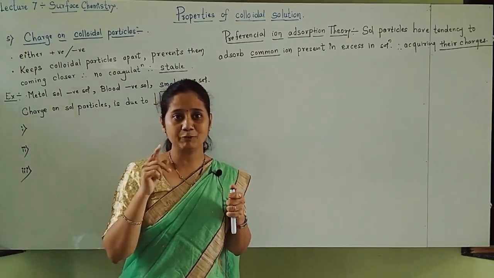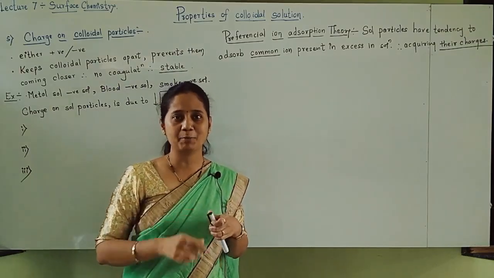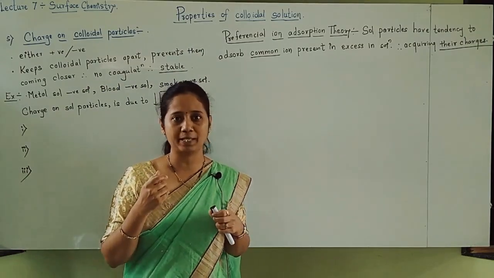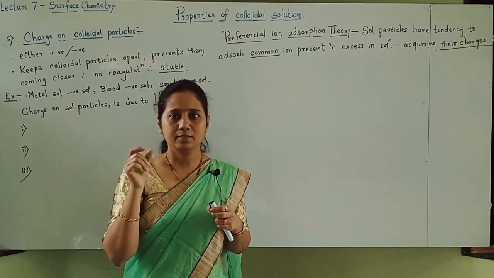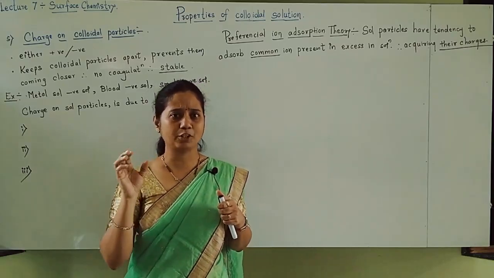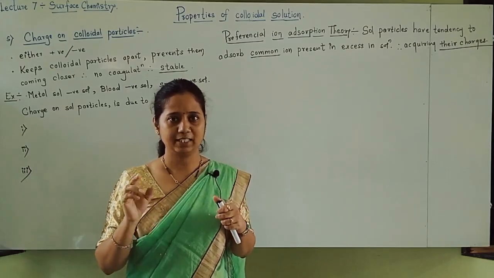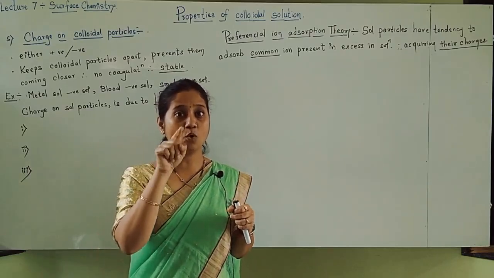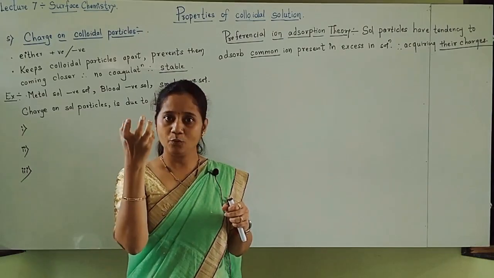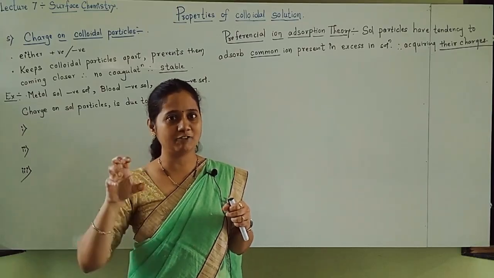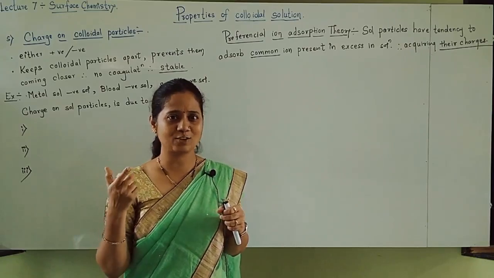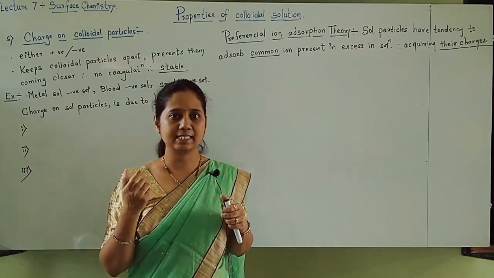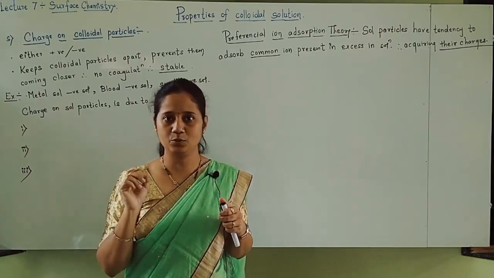Okay students, one more example we have discussed previously. If you remember, I have taught you the micelle formation mechanism. In that micelle formation, which example did we take? Soap example. Soap is nothing but the sodium salt of a higher fatty acid, stearate, we have seen. If you remember micelle formation, C17H35COO minus stearate ions were pulled inside the water and they were forming the micelle. So which charge was there on stearate ions? You will be remembering the head had a negative charge, and that is also an example of a negative sol.